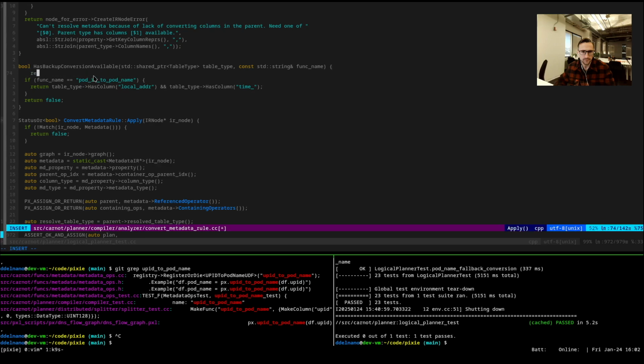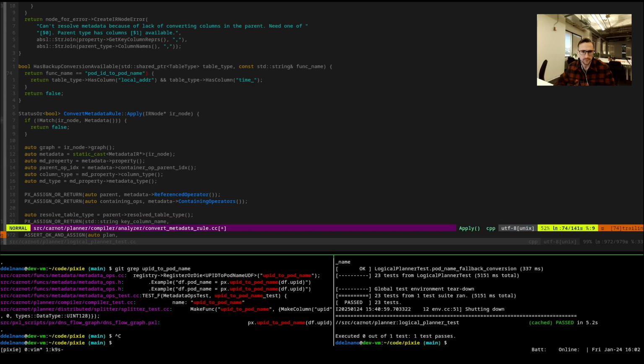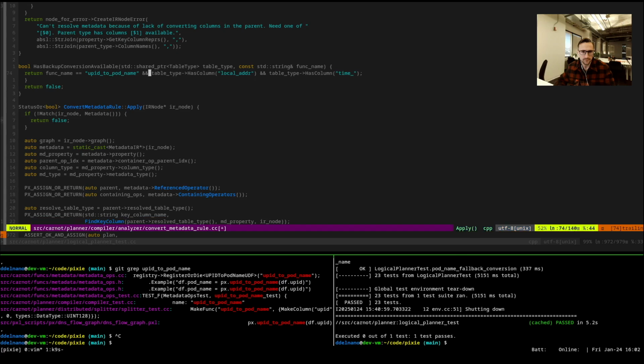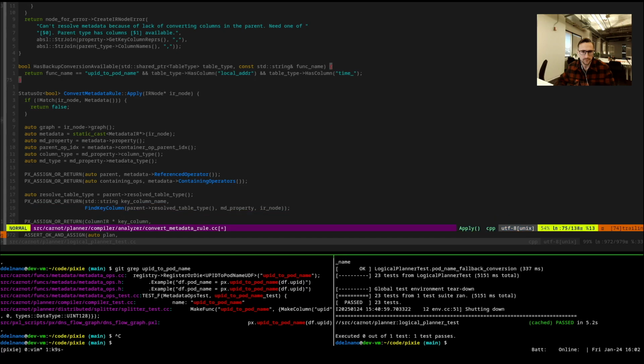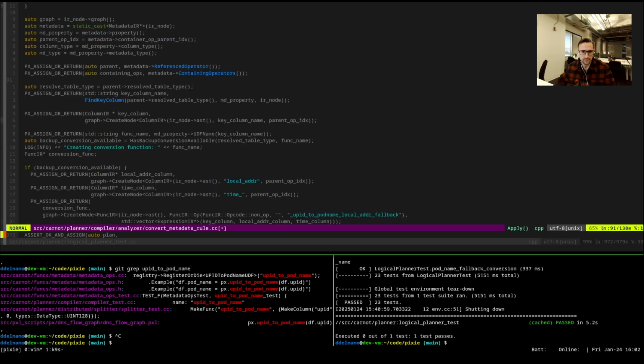Now we're going to say return func name equals UPID to pod name, and the parent table has local address and it has time. If it doesn't, then we'll just use what we had before. Cool. So with that in place, I'm going to leave this log statement in there just for right now, but